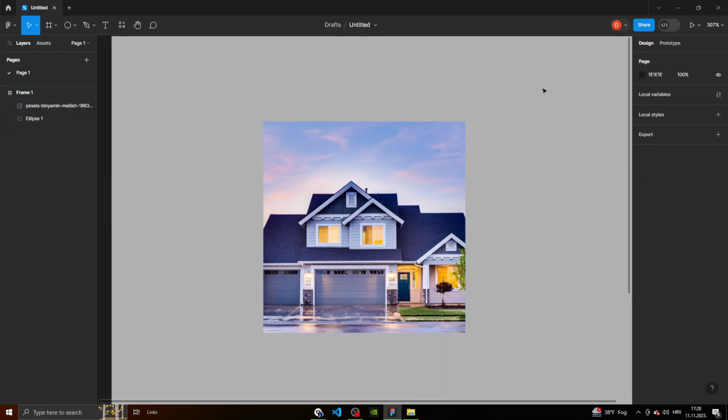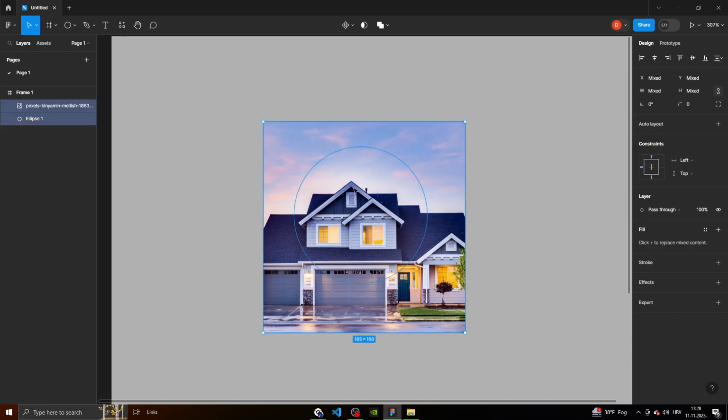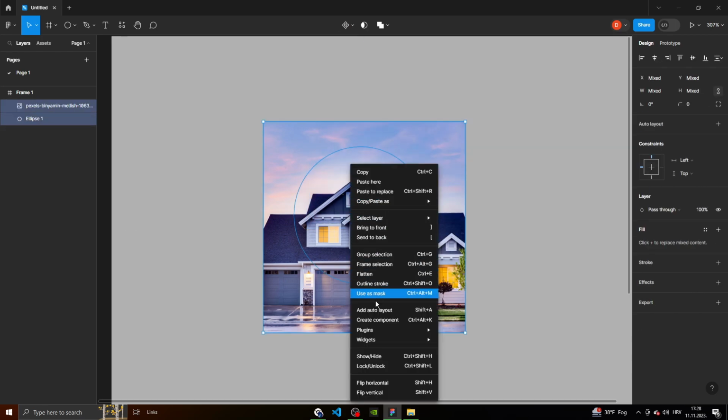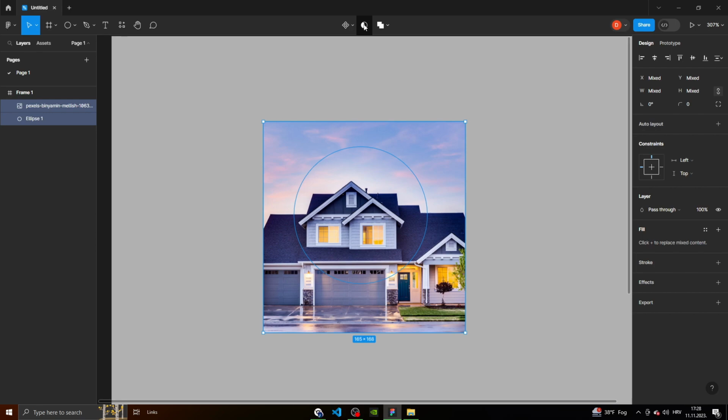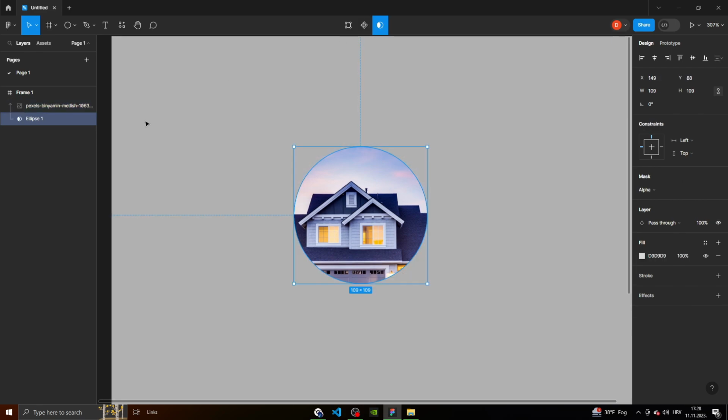And now what you need to do is select the image and the ellipse. Right click, and here you can click use as mask, or you can press Ctrl Alt M, or you can click this option in the middle, which is also to create a mask. We will click this, and now as you can see here, the ellipse, this circle, is used as mask in this